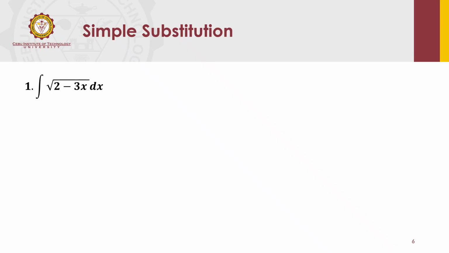So let's solve this integral, get the value of this indefinite integral by using simple substitution, because we cannot directly use the basic integration formulas, since this is not simply x to the power of n. We can transform this to u to the power of n though, but take note that its original independent variable is x, so we need to put some neutralizing factors to form the du. You can transform that to square root of u.